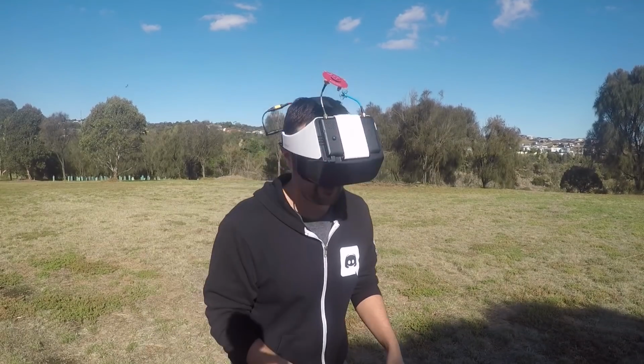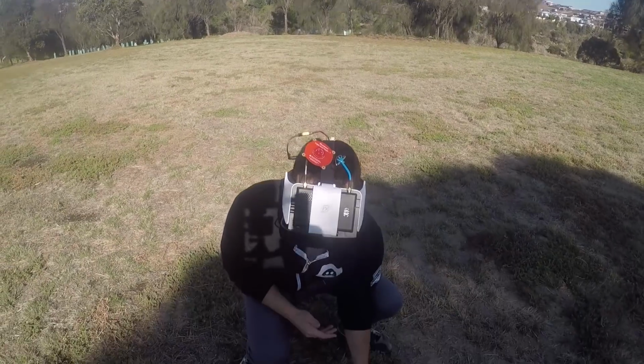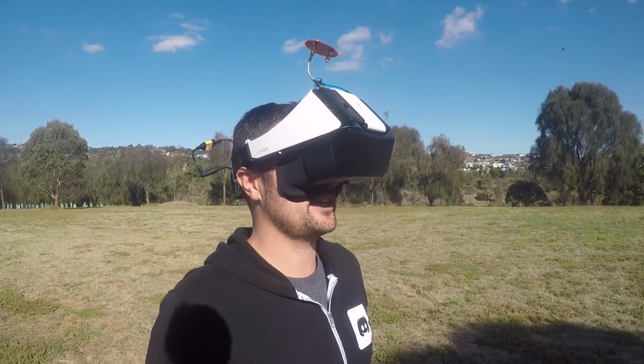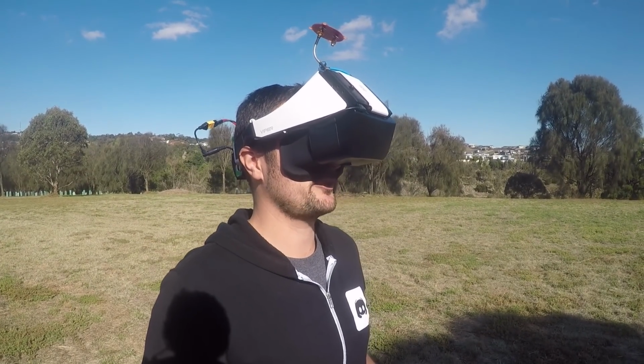Anyway, I'm going to find my remote. I can actually see by looking down there's that much of a gap here, and we should be ready to rock and roll. So the colors are nice and bright. Actually, the colors are beautiful. I don't know if that's just mixed with this camera as well, because we're flying around with one of the